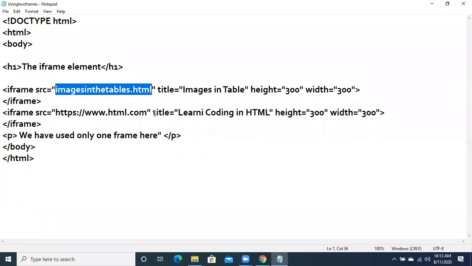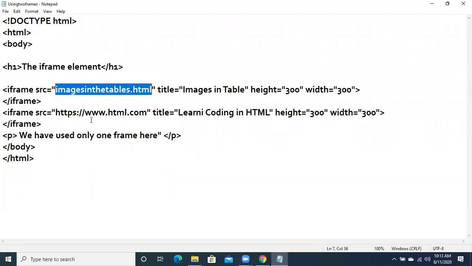If you remember, we had made one file in which we inserted some images in tables, tables.html. This is the file where I inserted different fruit images, remember? So in one frame, I am calling a local file that is stored in my computer.